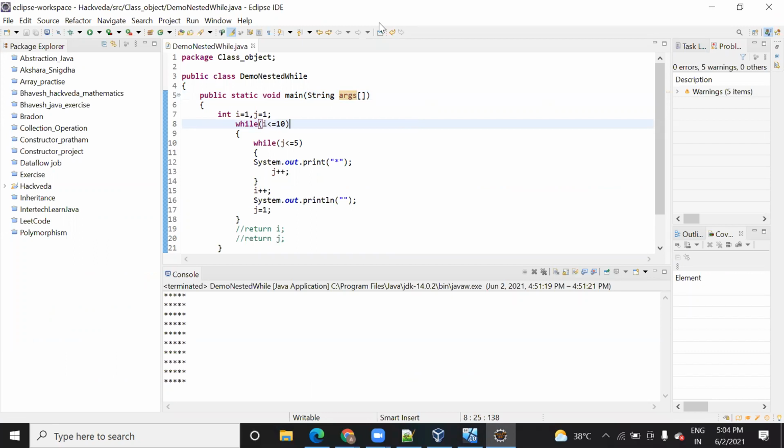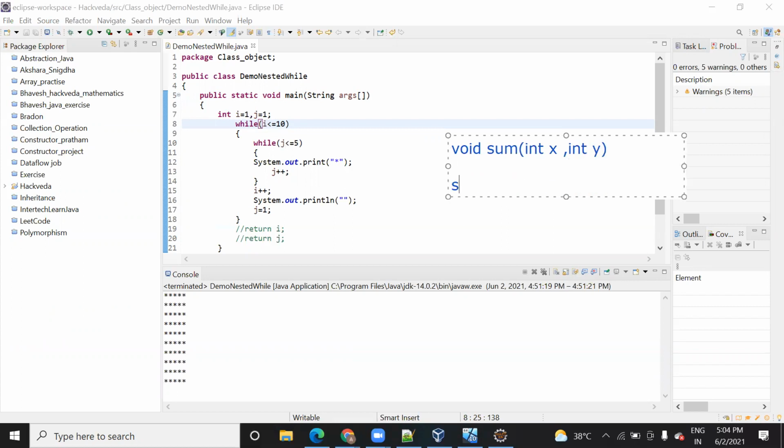Like I've shown you, we can create a method. Suppose you have some method, and if you want to call it, we usually call it by just calling the name.